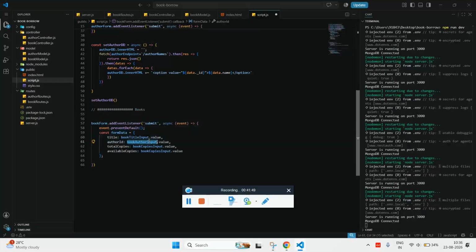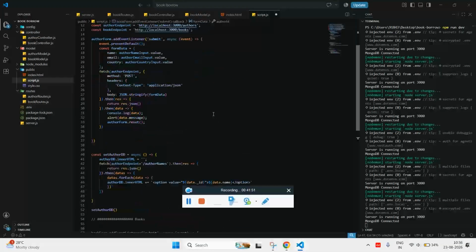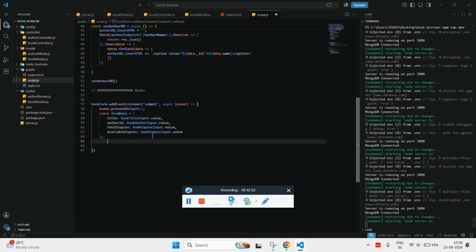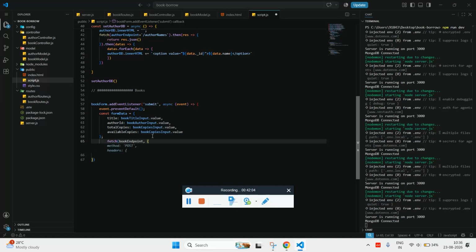I hope it's getting properly fetched. Yeah. And then we have the total copies, then we have available copies. Available copies and total copies are same at first. And then if everything is set, we need to send the fetch request to the book endpoint,